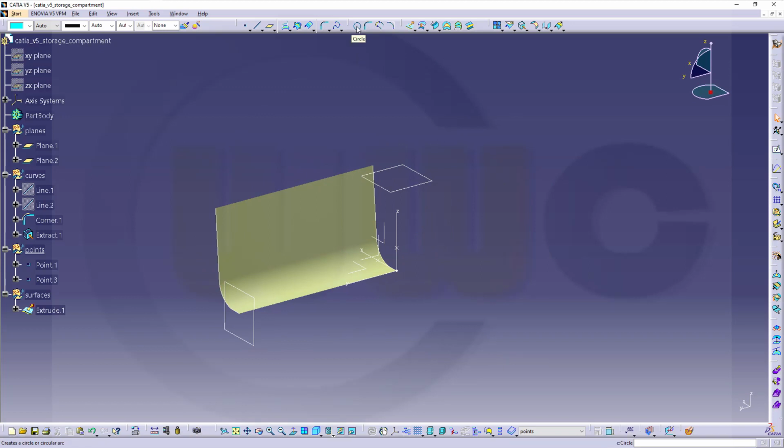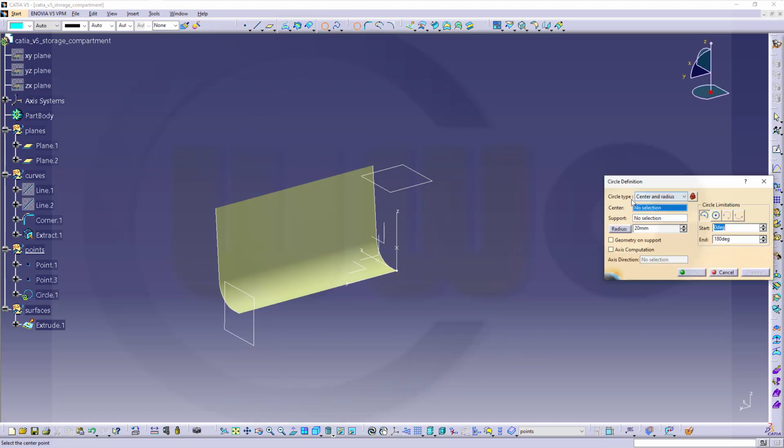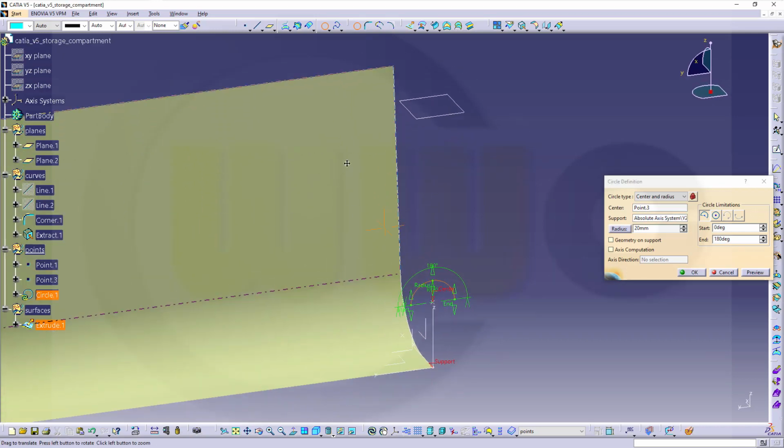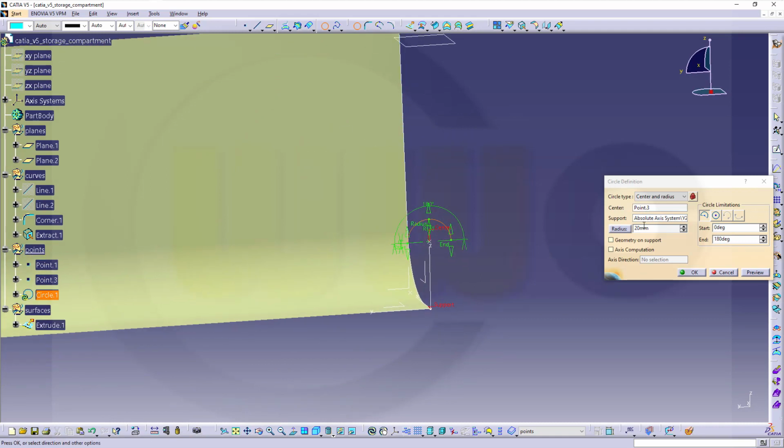Let's go for the circle command. The center and radius, that's okay, that's the center point. The support will be this plane here, and let's take a look. The radius should be of course 60, and it should start here. That would be